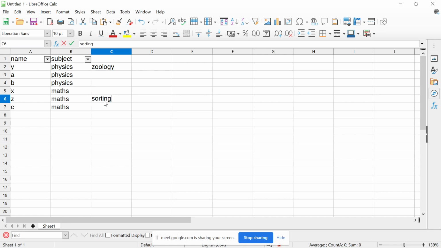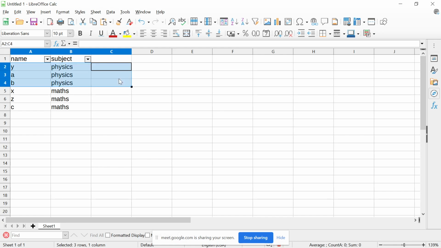So sorting is usually done to organize and search. When you say organize, what happens is, let's say I want to process these 6 records, or I want to process 100, 1000 records, so first of all I sort them out. Once I sort it out, I make a batch. I make a batch of 3 records. I split this one data set into 2 sets. One set will contain physics records, another set will contain maths records, and I will send one set of records and say I want to know the marks for this, or I want to derive some value out of it. I want to do some analytics on this. So I can give this set of records to one machine or one program, and I can give this set of records to another machine, or I can split my database